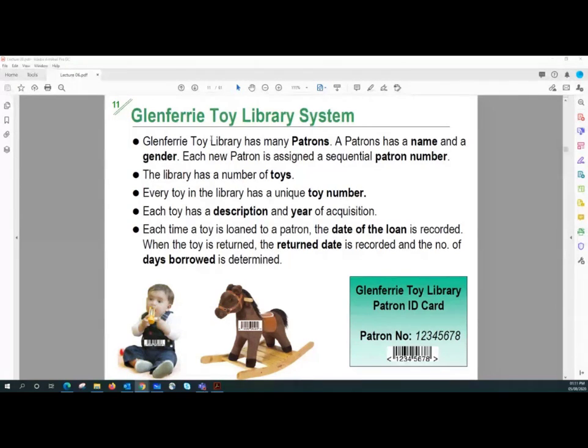So I'll underline the patrons. It looks like an object that we need to represent in our database. And then they're talking about the names of the patrons, so I highlighted that, and gender and the patron number. And then the second point, they're talking about the toys and the toy numbers. Each toy has a description and the year of acquisition, and then the toy can be loaned to the patrons. So the date of the loan has to be